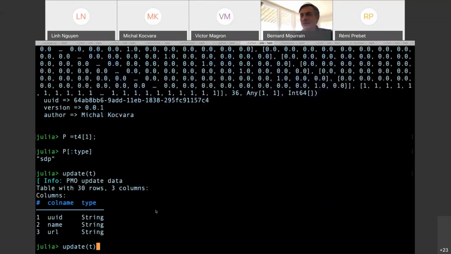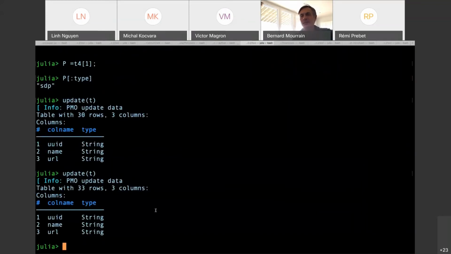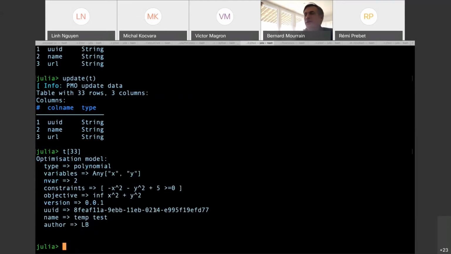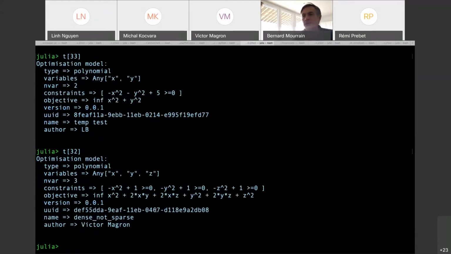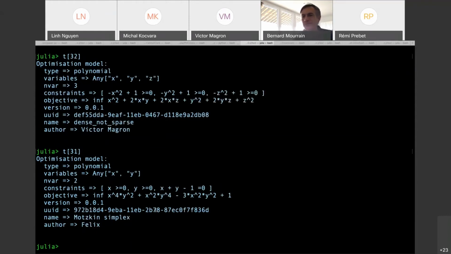So if we update the table, we have 33 rows now. Let's see. So you see, you can recover this new entry directly by updating the table, and so getting the entry number 33 or the 32, which was the one added by Victor. And what is the 31? Felix. Good.